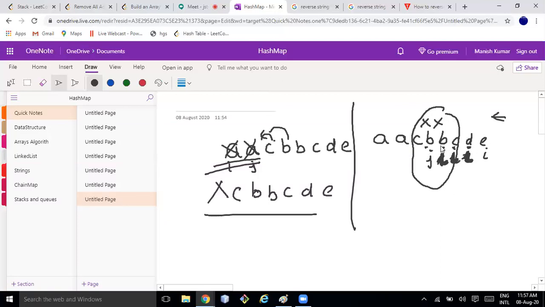So if I have to delete this BB, then how can you do it? You may have some other loop, maybe k, and from there you will start shifting this C here, this D here, and this E here. So maybe your structure will be A, A, C, D, and E.